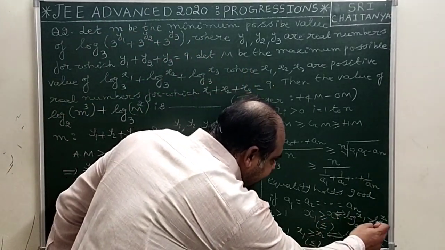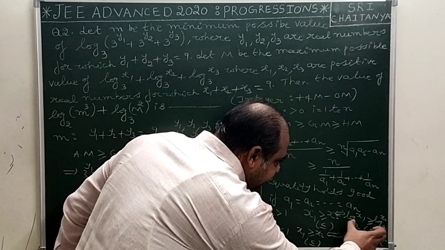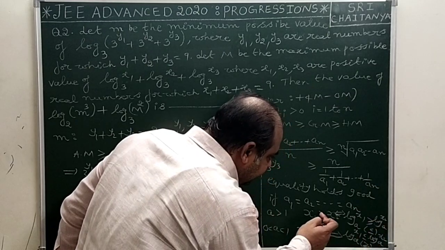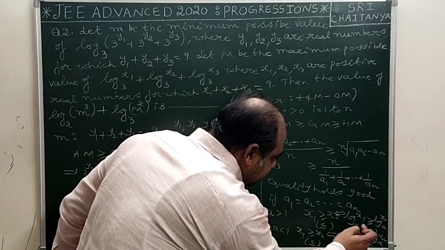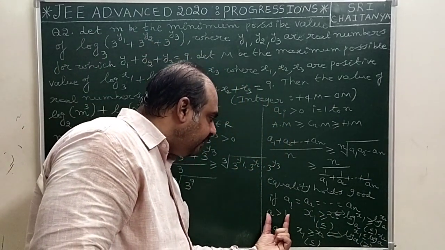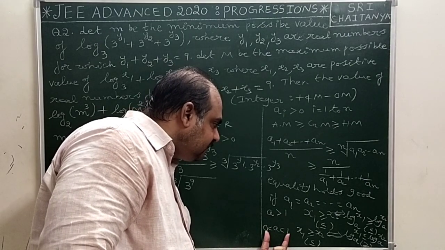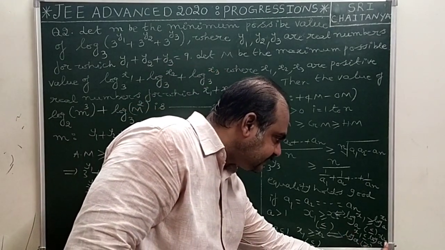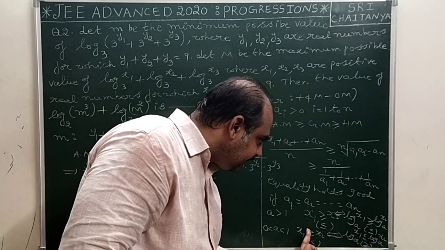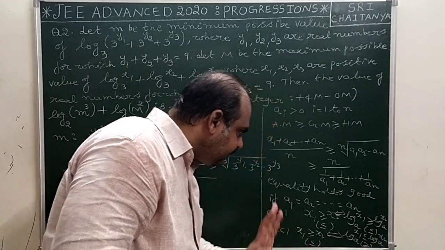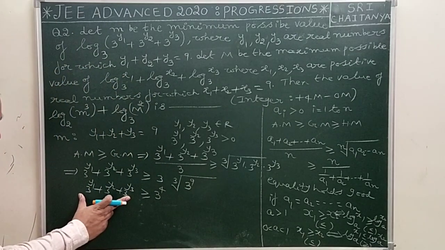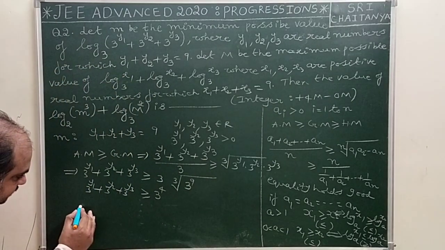Similarly, if you are striking off logarithm, if the base is greater than 1, if greater than or equal to is there, you write greater than or equal to. If less than or equal to is there, write less than or equal to. If a is greater than 1, the same inequality simply. If the base lies between 0 and 1 and you are striking off logarithm, then if less than or equal to is there, you write greater than or equal to. If greater than or equal to is there, you write less than or equal to, because this concept is involved here. Now I am applying logarithm to the base 3 on both sides.